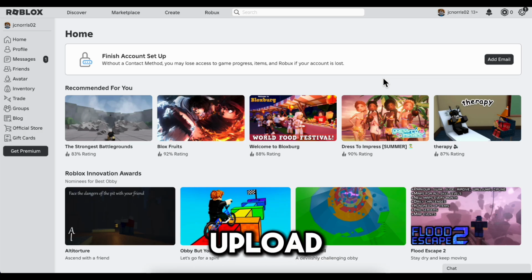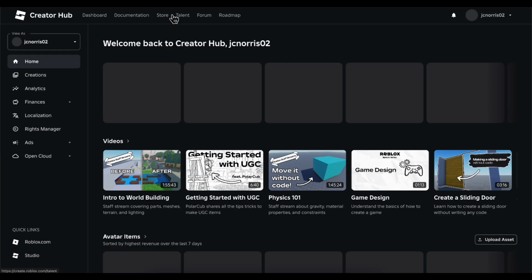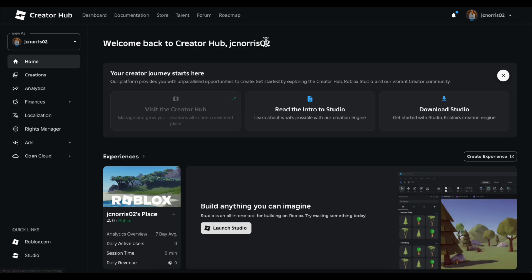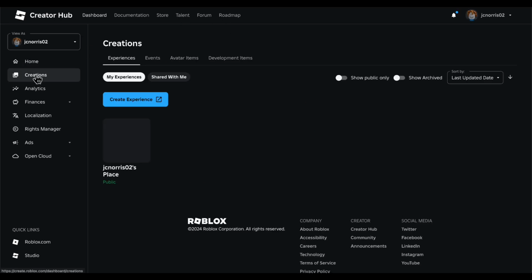How to upload audio to Roblox. So the first step is to simply go to Roblox and then click on create. Then you're going to get redirected to the Creator Hub where you're going to have to click on creations and then